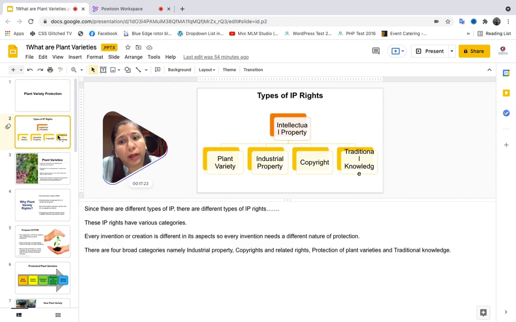Now we all know what intellectual properties are. Intellectual property is basically creativeness or